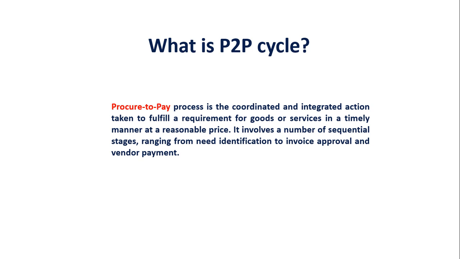best value for money. So it involves a number of sequential stages ranging from need identification to invoice approval and vendor payment. So in this process, we will go through each and every step of the procure to pay cycle, and we will provide